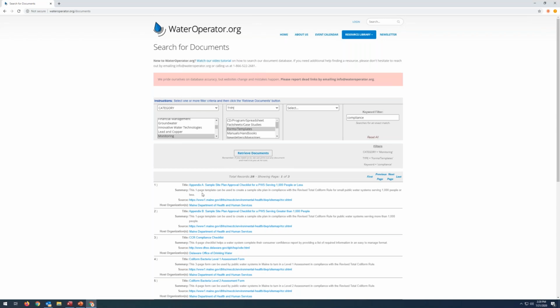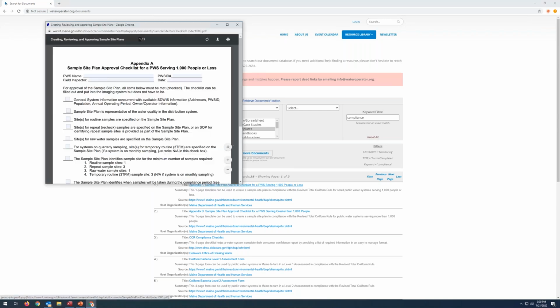So for this example, it's a one-page template, which can be used to create a sample siting plan in compliance with the revised total coliform rule for small public water systems. If that's the document that you're looking for, if you're looking for RTCR related, you go ahead and click on the document title, which will open up a new window, which would open the document from the host website.